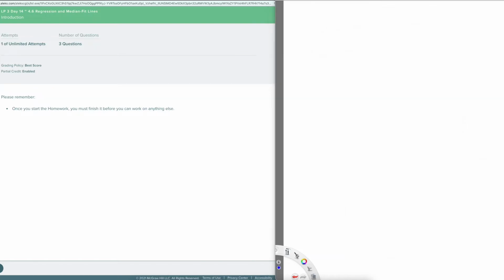All right, welcome to Chapter 4, Section 6, called Regression and Medium Fit Lines. This is for IM1 or Integrated Math 1. So just as always, I'm going to go over the first screen here just so that we look at the